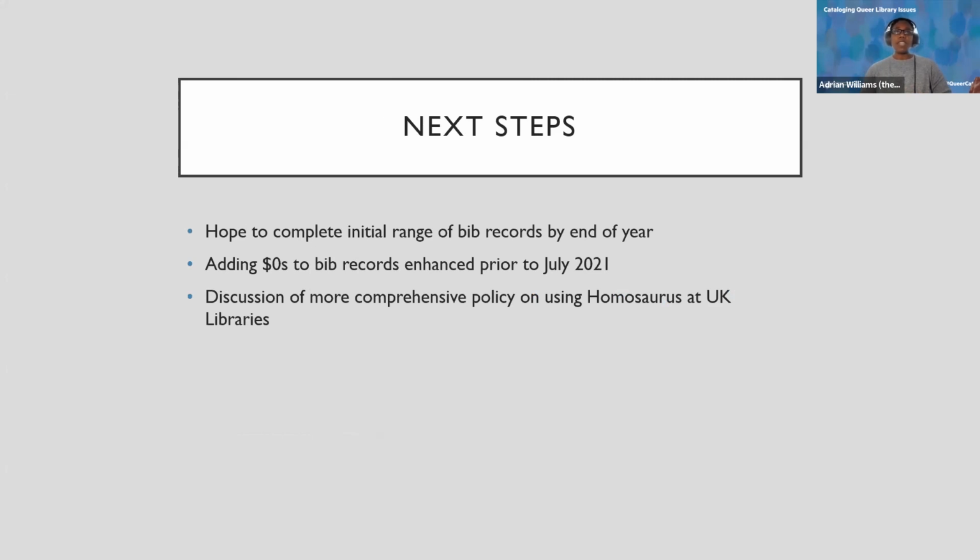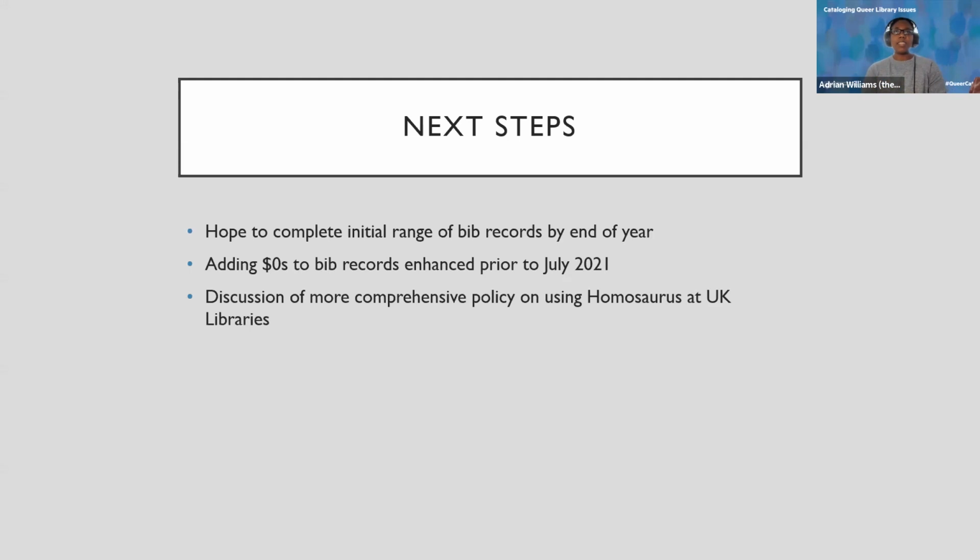The first half of this project, I didn't add URIs for the Homosaurus terms into their fields because my library's Alma instance has had issues with URI redundancies and searchability. But after some feedback, I've discussed it with my head of department about a workaround to this. And I've begun to add the URIs and plan to go back to that first half and add the URIs to those as well. Once finished entirely, I hope to have a discussion with my department about working on a policy for including Homosaurus in our regular, complex, and original cataloging processes.